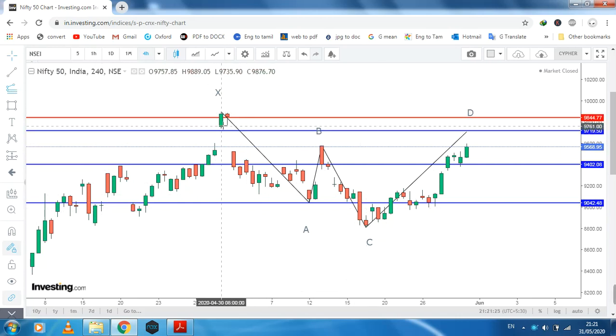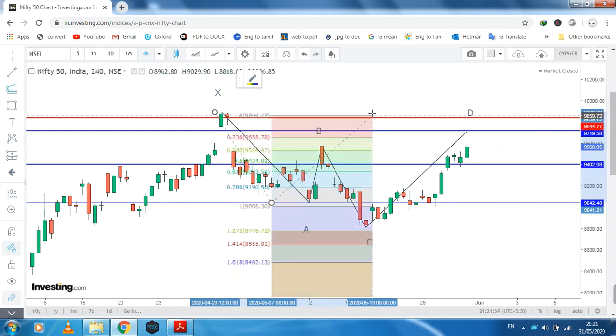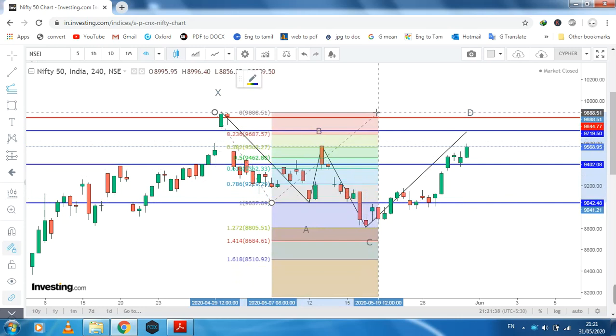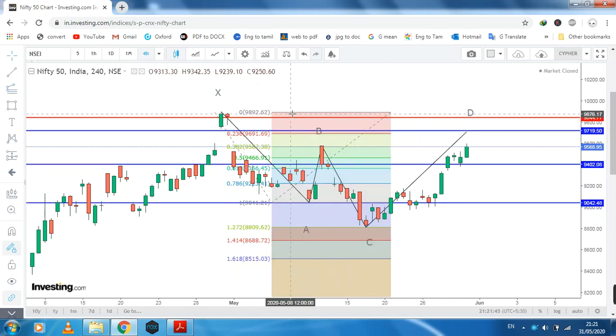We need to plot the points. We need to find C from X to A. Draw X to A. Again, we need to come to the X level. Did you get it? This is the correct way to use this extension tool. So how to find C? You need to plot the start point X, then A, then again go to the A, X level.